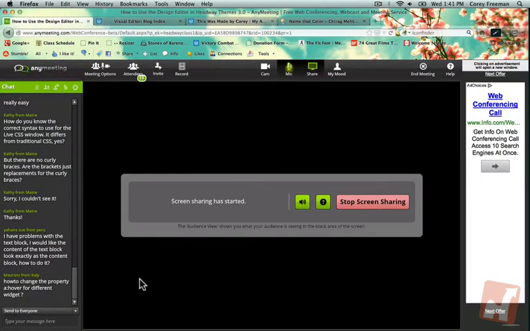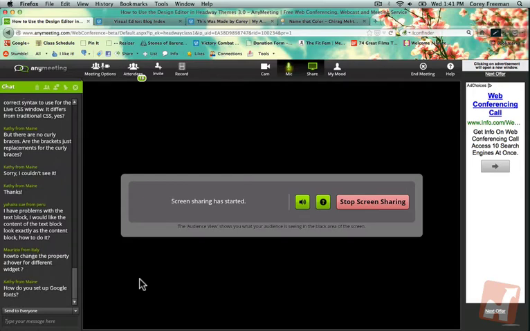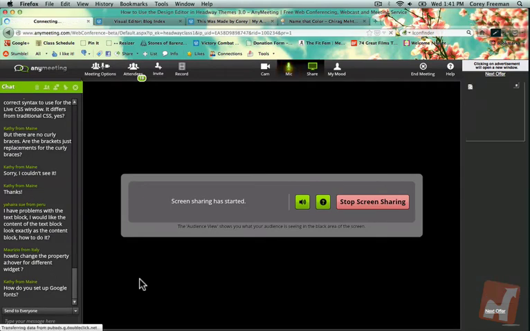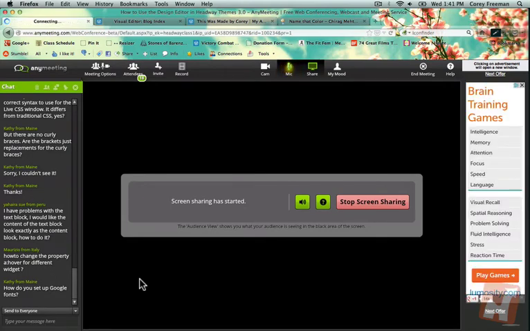Okay. Alright. Kathy, to set up Google Fonts, what you have to do is just input your license key into Headway options. And then